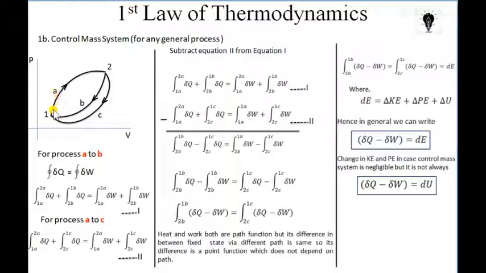That means all the heat addition or rejection during process 1 to 2 via path A, plus